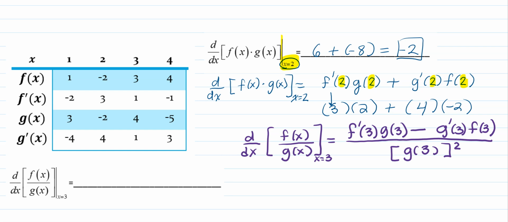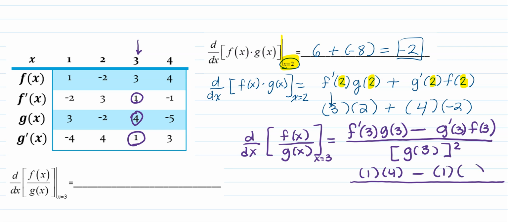To the table and find out what the values are. So the derivative of f at x equal to 3, so we're looking right here at x equal to 3, the derivative of f is 1. g of 3 is 4, minus the derivative of g at x equal to 3, which is 1, multiplied by the function value at x equal to 3, which is 3, divided by that g of 3, which is 4